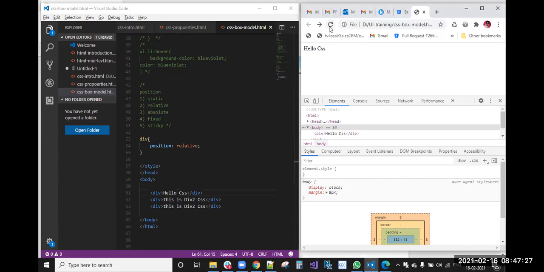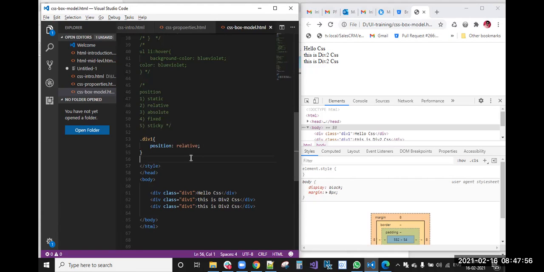We have three divs having the position relative property. I'm applying it for the classes div 1, div 2, div 3. For div 1, I have applied position relative.